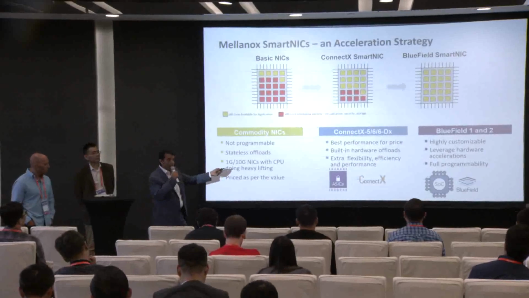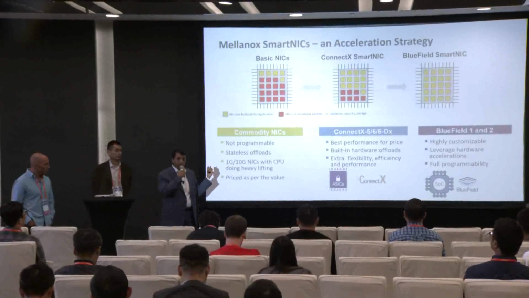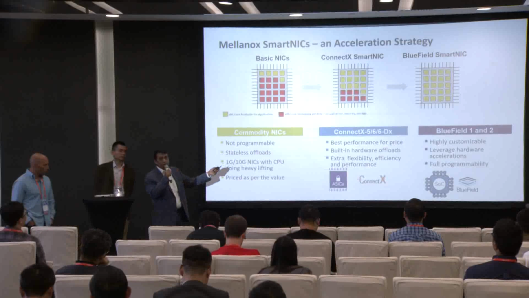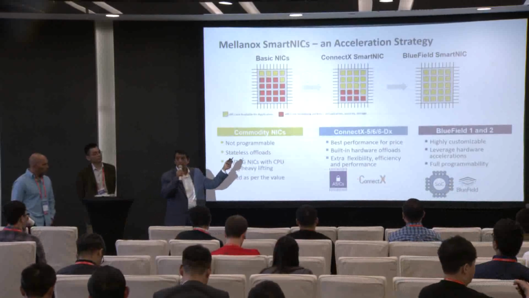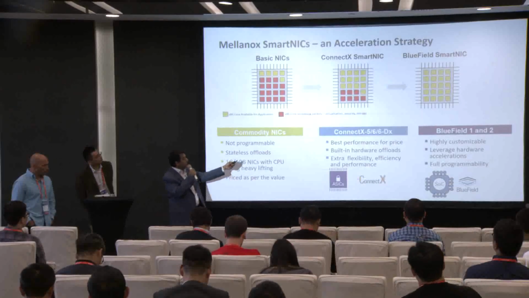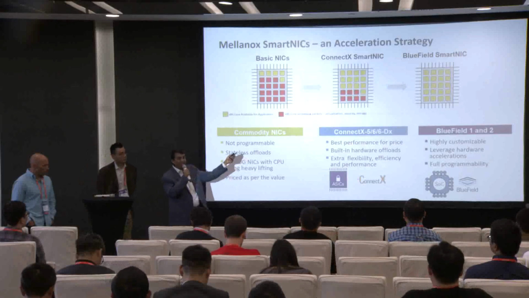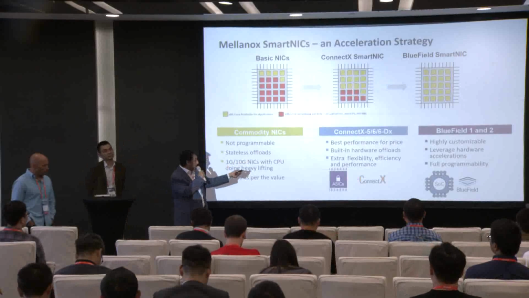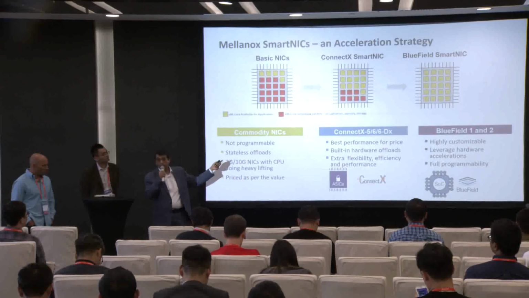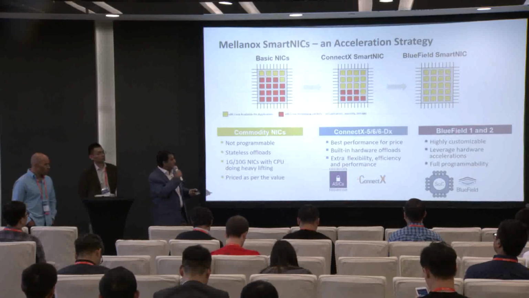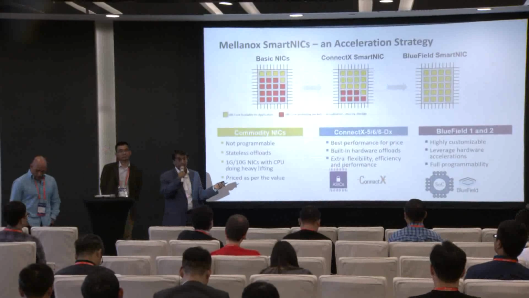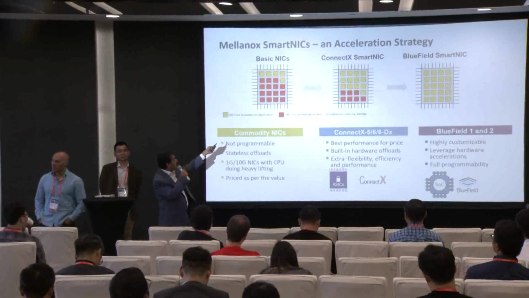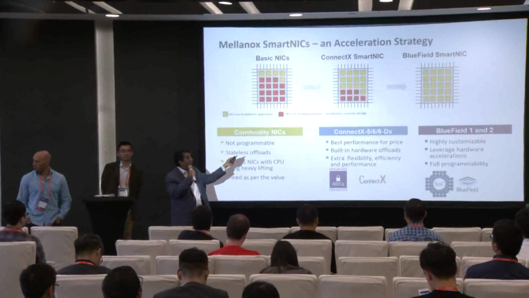And some of our NICs, the Mellanox NICs, also get used in those markets. But essentially, where the value in terms of building an efficient data center is shifting is through the SmartNICs. You're putting the SmartNIC into servers to gain a lot of efficiency. For example, there is a ConnectX 6, or ConnectX 6 Dx. These are the SmartNICs. They are ASIC-based SmartNICs. They help you to get the best performance for your price. They help you to really improve the packet performance through hardware offloads. And they're really flexible, efficient, and programmable NICs. So that's really great because they're purpose-built hardware, and they free up a lot of your CPU cores. Like I said, the red part, which is the bottleneck, is kind of going down, mostly around the data plane